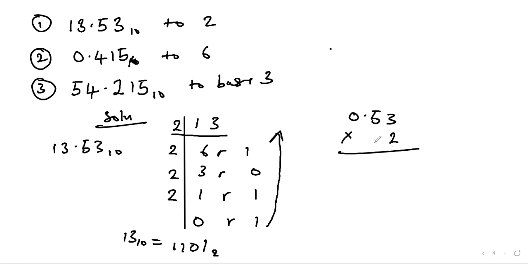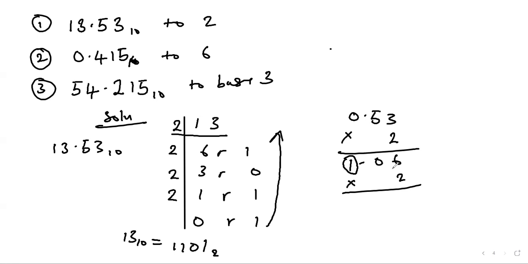So we do 2 times 0.53. That will give you 1.06. Then we want to multiply by 2 again, neglecting the whole number. We multiply 0.06. So 2 times 0.06